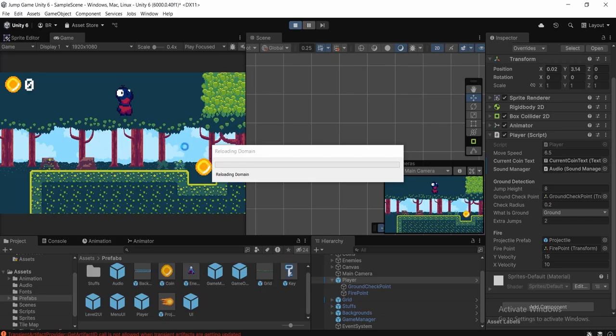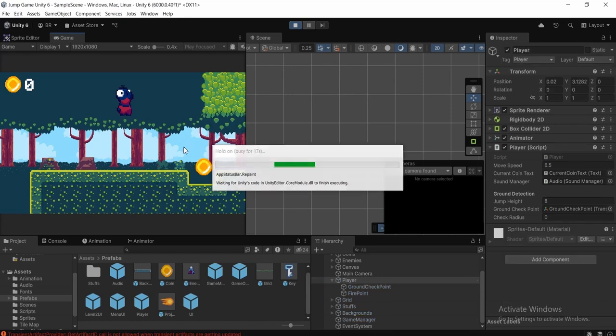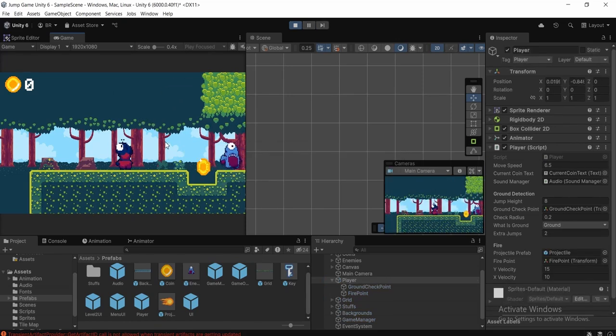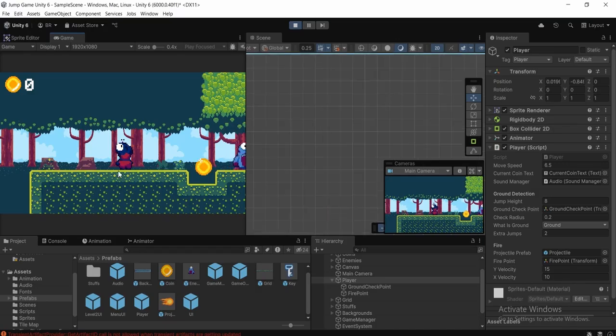So now if I click on this play button and then click the left mouse button, we should be able to see that the projectile prefab is just gonna go up, as well as go in the x axis, since we added a force in the x as well as in the y, and it's gonna fall down due to our gravity. So let's have a look. As you can see, indeed it's doing that,